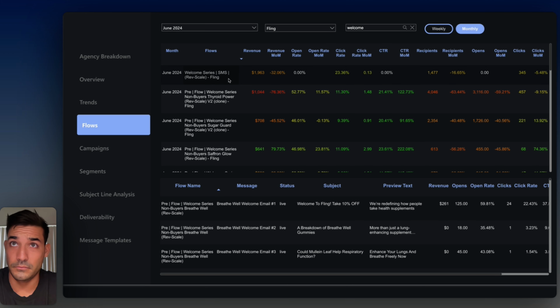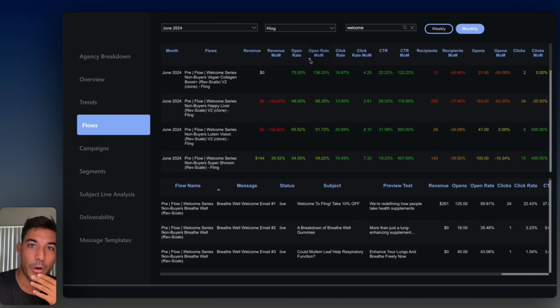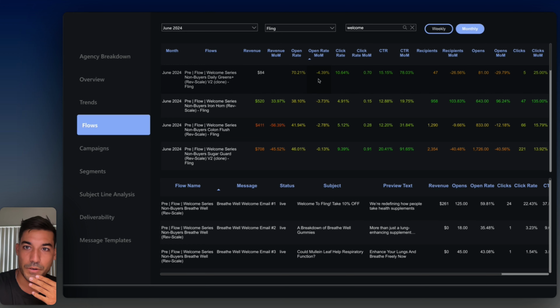So I think for flows, if you're comparing a previous agency to yours, or old flows, old naming conventions, use this search filter tool, telling a story through this conditional formatting and finding interesting data and insights. Maybe you want to see what's happened to open rates and why this flow is doing so well. It looks like recipients are so low, it doesn't matter. Let's look at the worst ones,